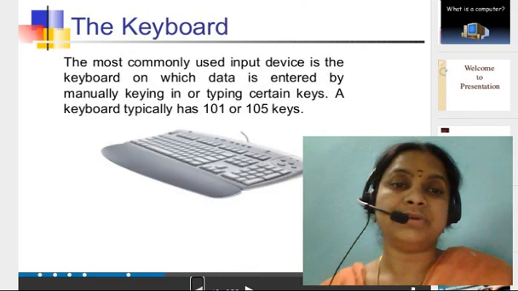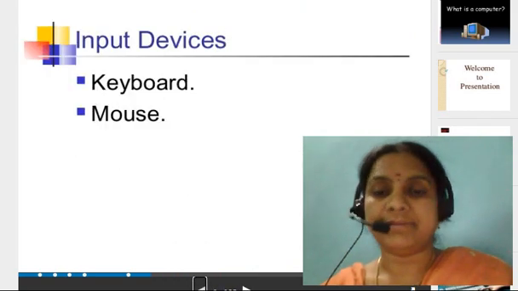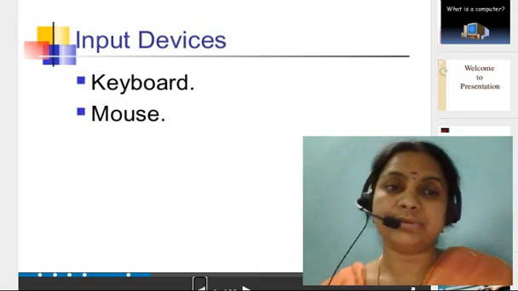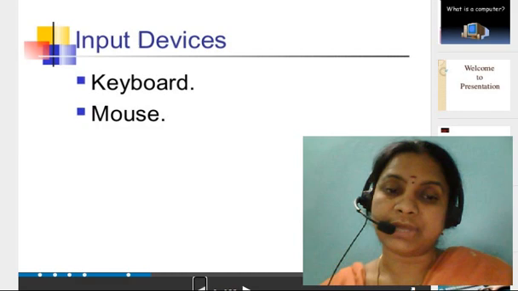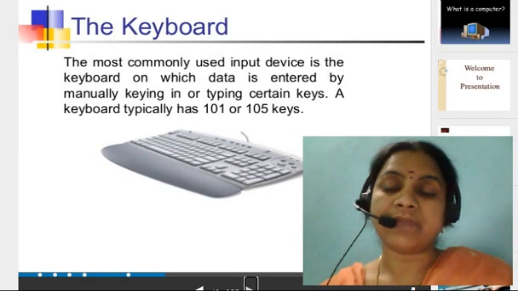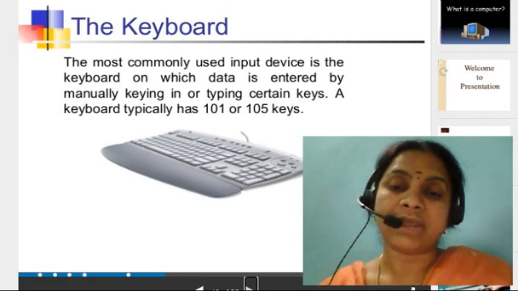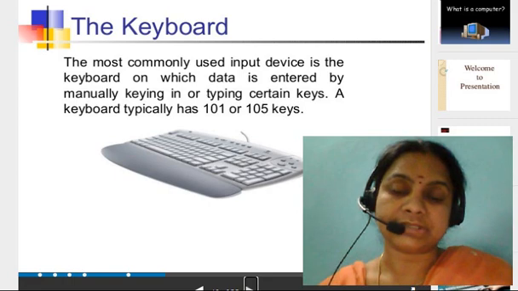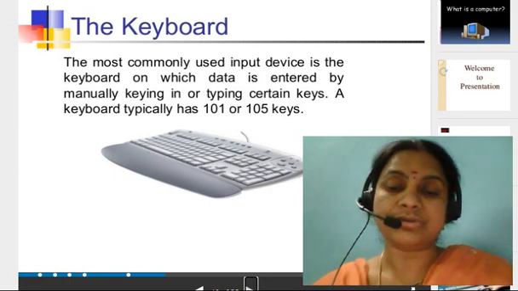What we have learned today: input devices. There are two input devices, the keyboard and the mouse. In the keyboard we have 101 or 105 keys. All these keys have separate characters, a specialization of those keys.